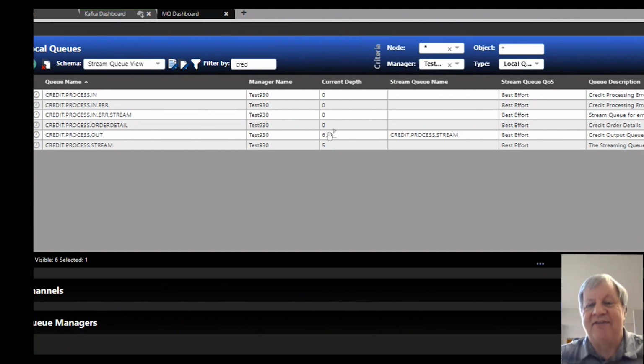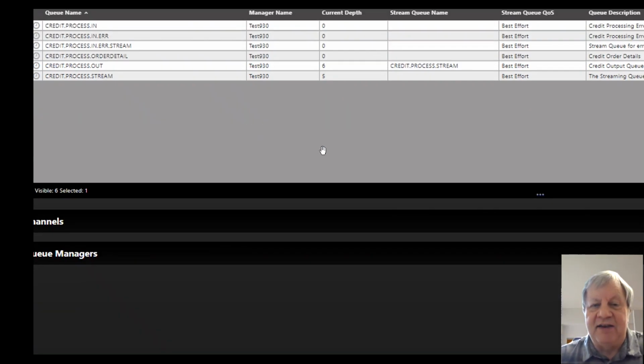This one now had 6, and this one still has 5. The reason it still has 5 is because the max depth of this queue is 5, and the message would have put it over the limit, so it wasn't allowed to put that message. But because I used best effort, I didn't have to deal with that.